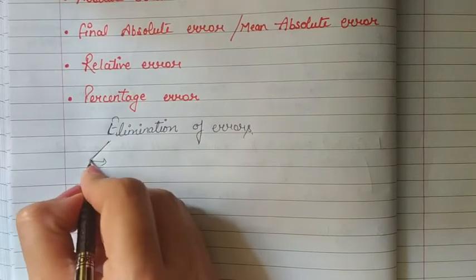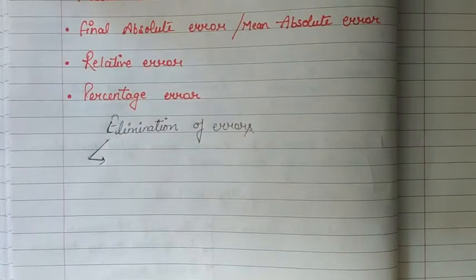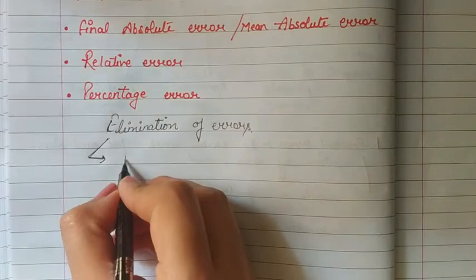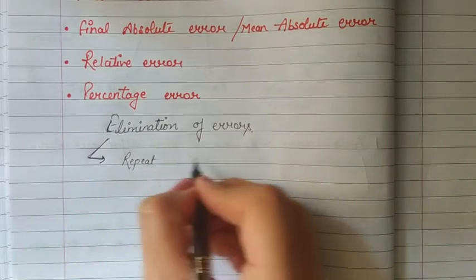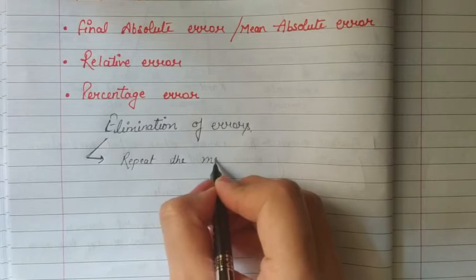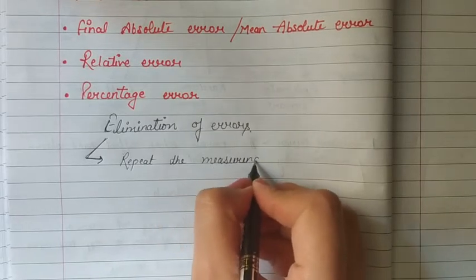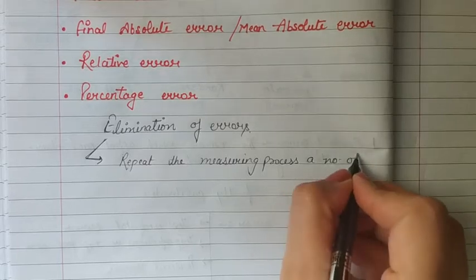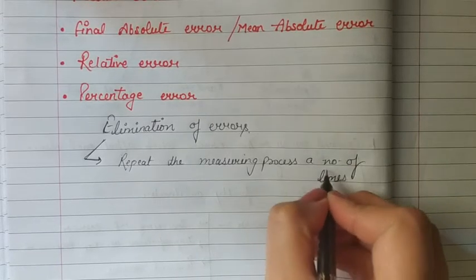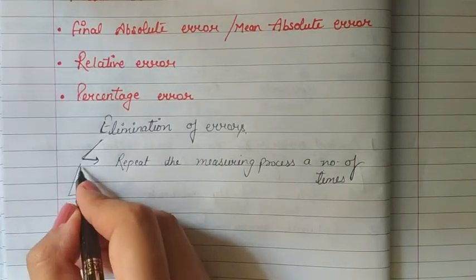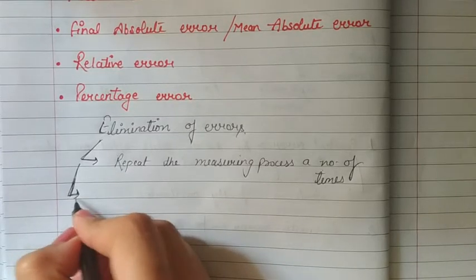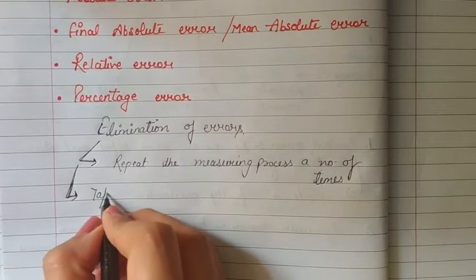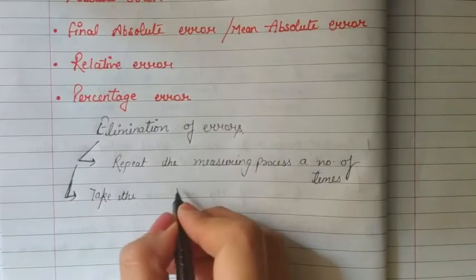Means the elimination of errors is a two-step process. Actually we are minimizing, not eliminating. So it can be done. First you have to take a number of readings, means you have to repeat the measuring process a number of times and have to note down all the results. For every time we have to note down the result, and after that we have to take the arithmetic mean